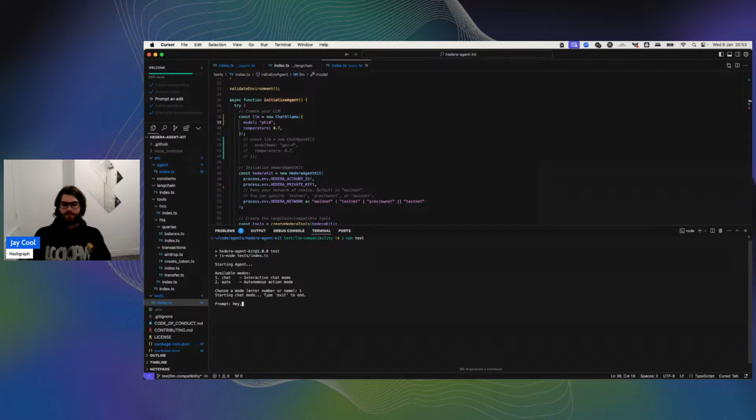Hey, create a token called phi token, and then airdrop it to